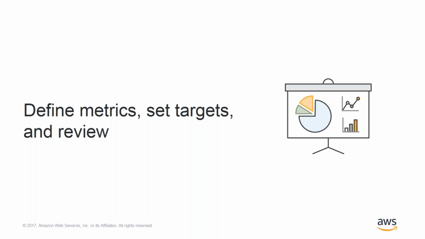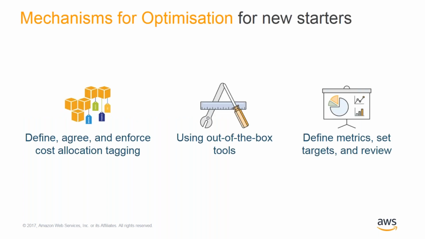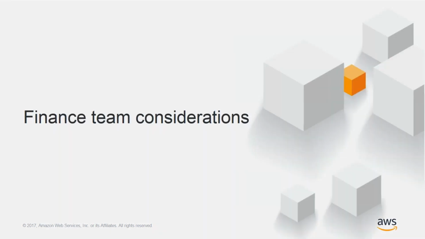And so what more mature customers tend to do is measure separate metrics along the dimensions of the technical levers described earlier. So what is my reserved instance coverage and utilization? To what degree do I turn off workloads on weekends? So you can see on Cost Explorer, how much cheaper is my weekend spend than my weekday spend? And finally, using right-sizing tools that tell you how much additional savings are available through sizing your resources smaller. And so putting that all together, it's about tagging and allocating and driving ownership. It's about using out-of-the-box tools, and it's about using metrics.